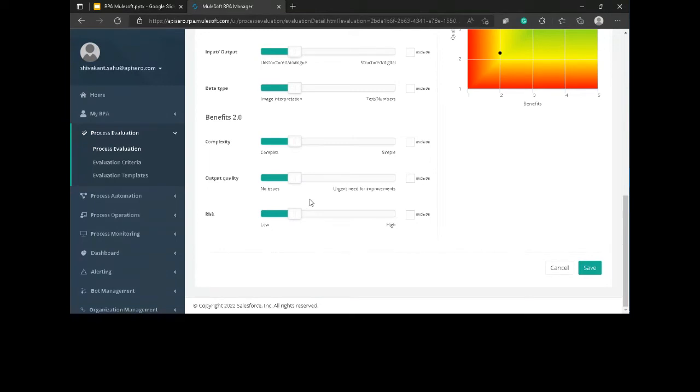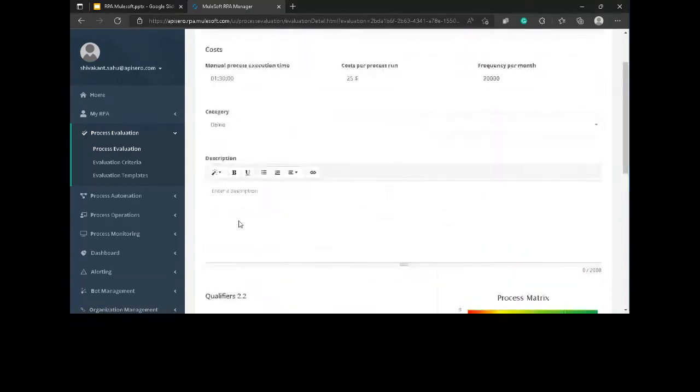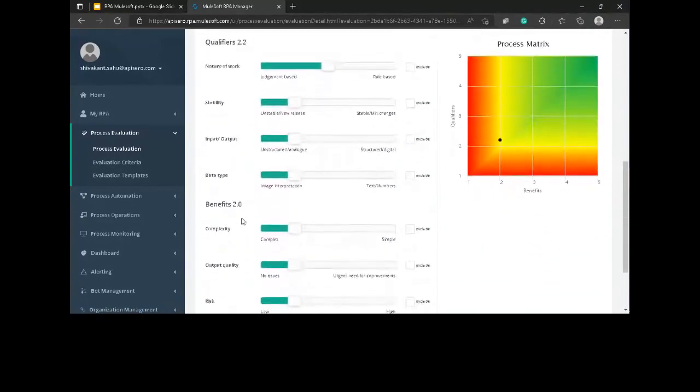If you're talking about financial data, you can still consider it low risk. But if you're talking about healthcare data, the risk is very high, as federal laws in the US are very complicated and very strict. So those kinds of parameters you have to fill in, and it will define the result.